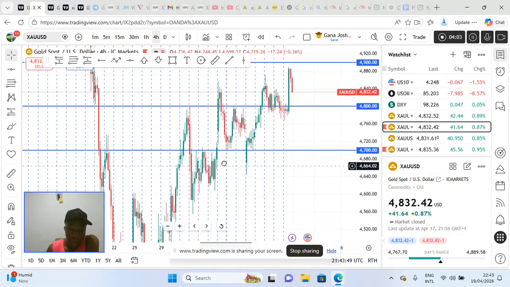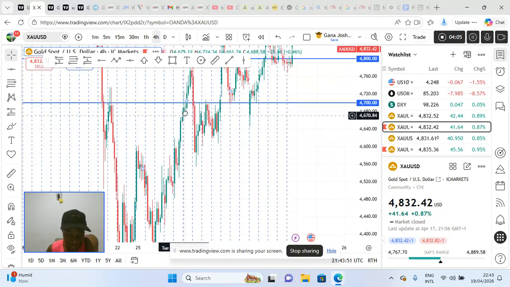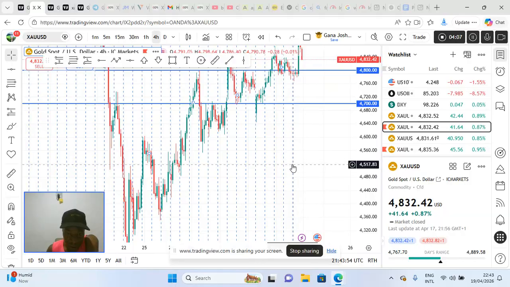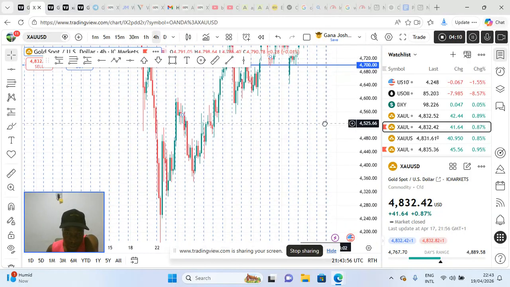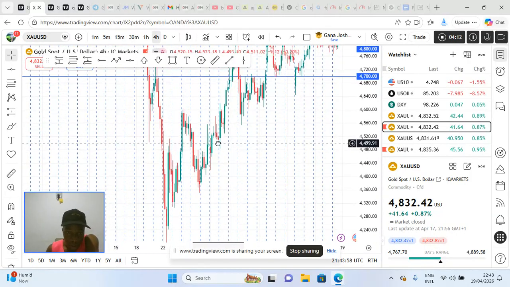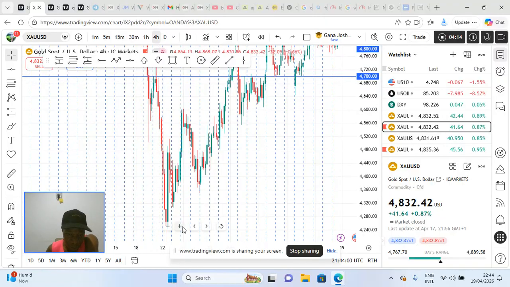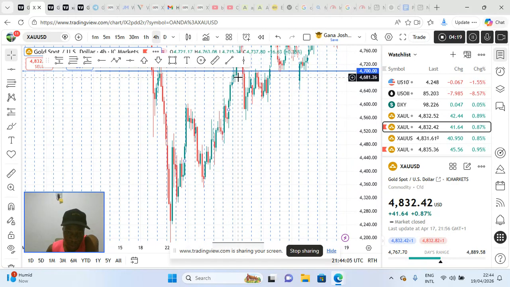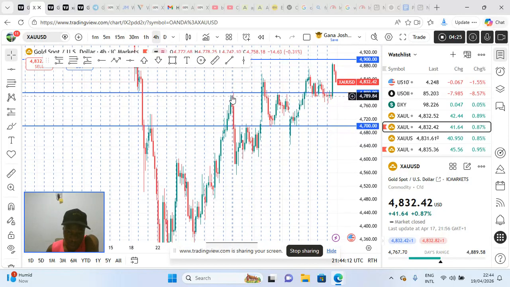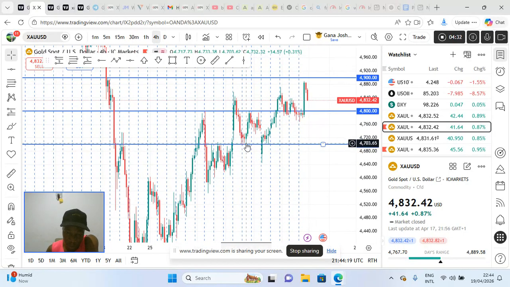Then, for example, at some point this level was a resistance. Look at just the simple thing about my model. This was a major resistance where price dropped from, and when price was coming back we would have been hoping for a bearish move here, which happened, but not immediately. It gave a tough time before it went, but after this level got broken, it becomes our strong support, and this one is our resistance.